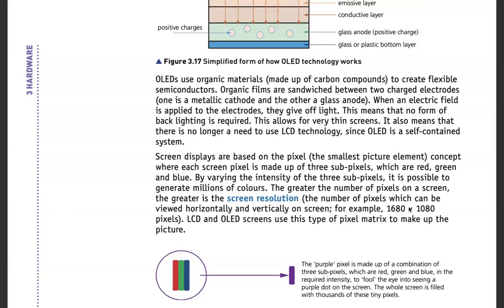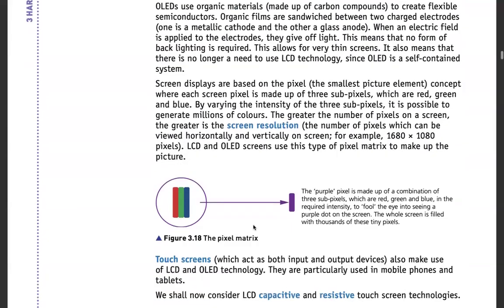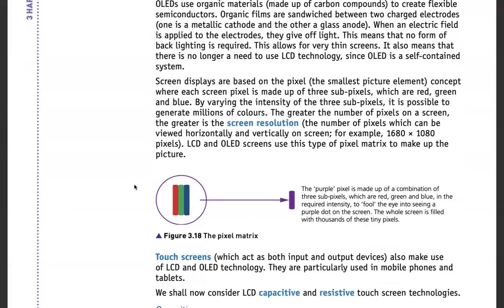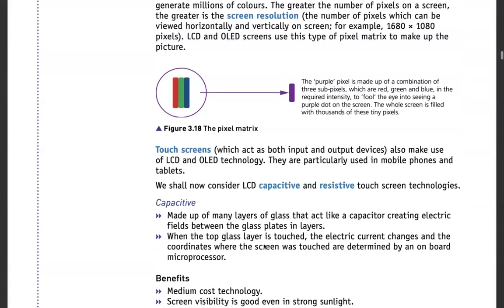So the greater the number of pixels on a screen, the greater is the screen resolution. The number of pixels which can be viewed horizontally and vertically on screen. So for example, we have this amount of pixels. LCD and OLED screens use this type of pixel matrix to make up the picture as well. So here we have the pixel matrix. So for the touch screens